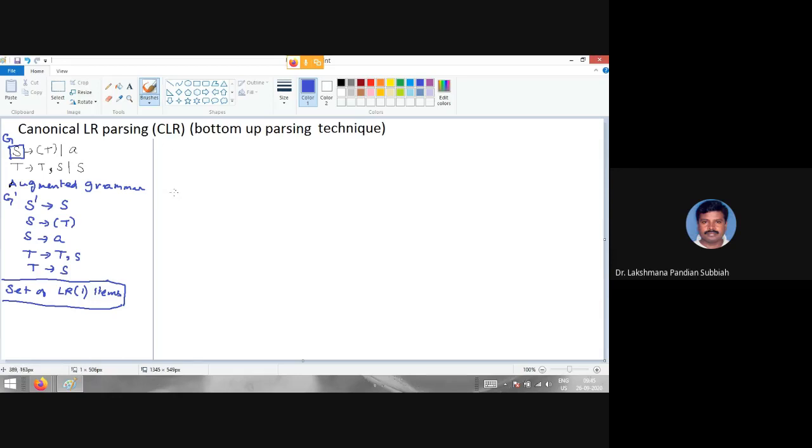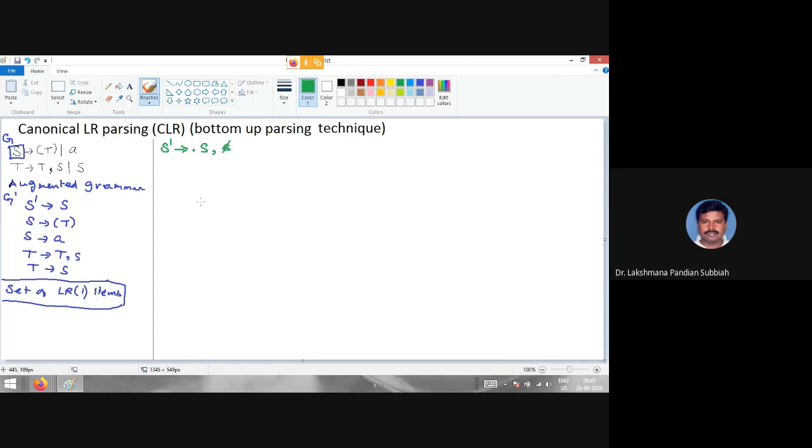Now, first step is how do you find that? Here, you have to go for S' → S. You put the dot as in the previous one, dot S, and then you have to find the lookahead. That lookahead is here because of the start symbol. You have to consider this as dollar. At the end, the lookahead is dollar.